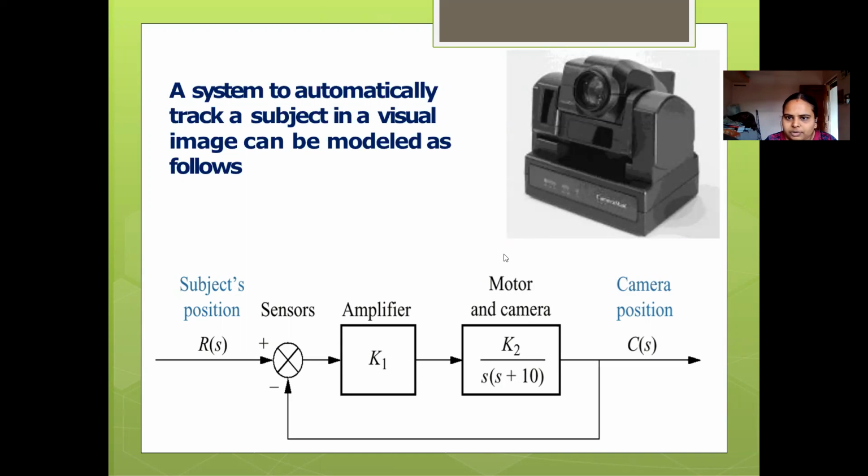This is our CCTV, or any imaging application; in all the applications the functioning will be the same. Then the camera position, in which way it is going to be moving. And from the output, we again give the feedback, which means we change the position so that we can get the exact visual of the image or object placed at that point. Based on this, how can I tell that it's a stable one, that I can use the system, or that its working function is good? This is the basic diagram of how it is going to be taken.